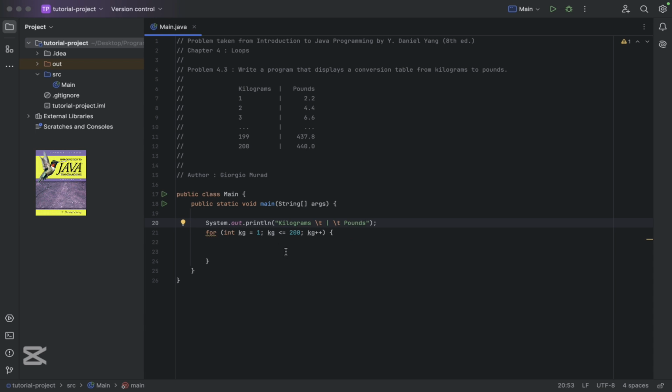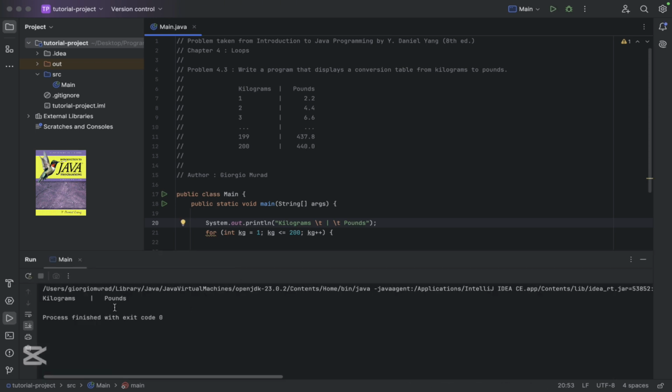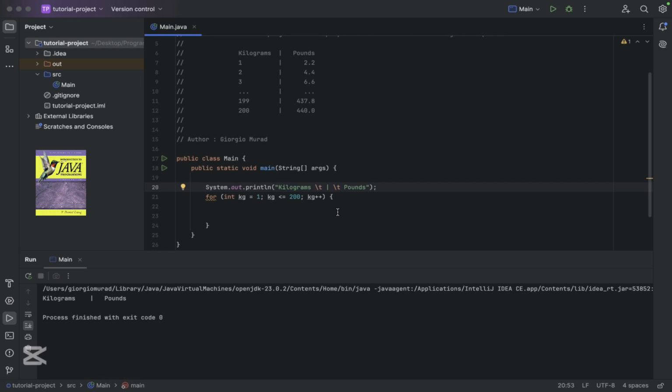Okay, let's see how it's displayed first. Okay, so it's displayed like this. So inside the loop, I'm gonna use